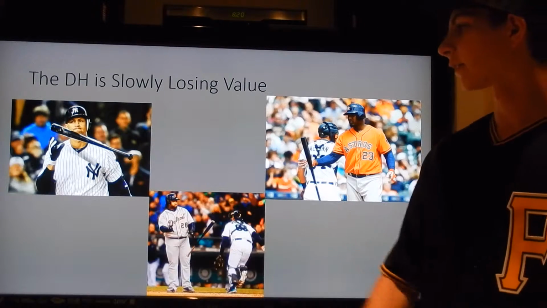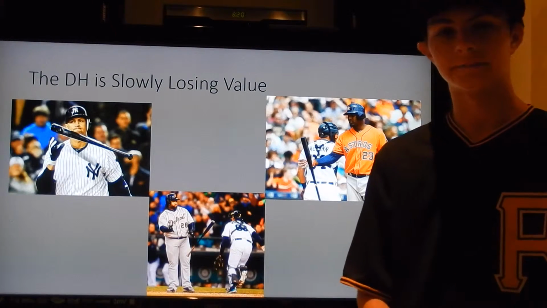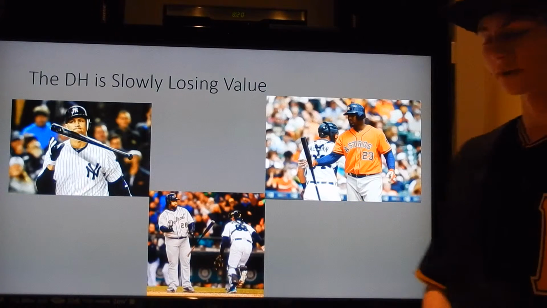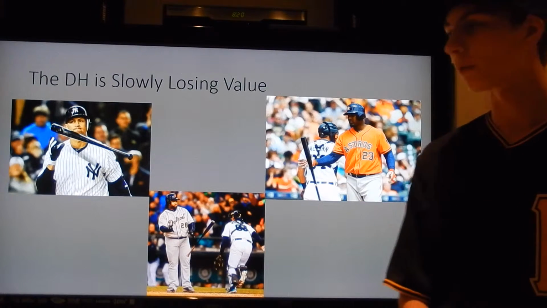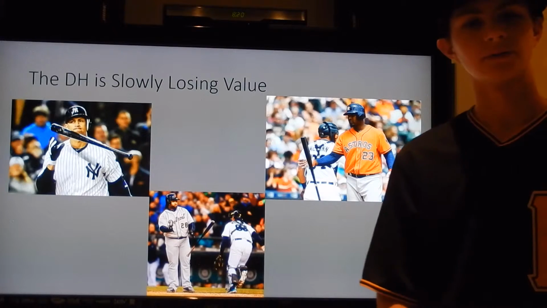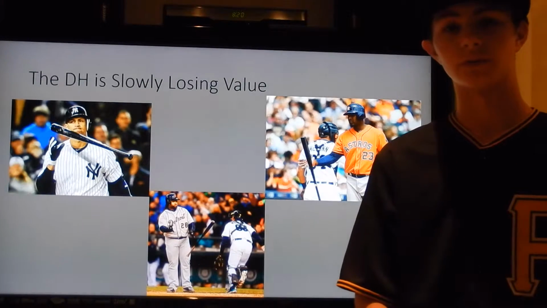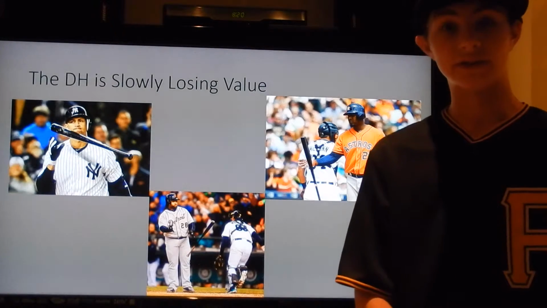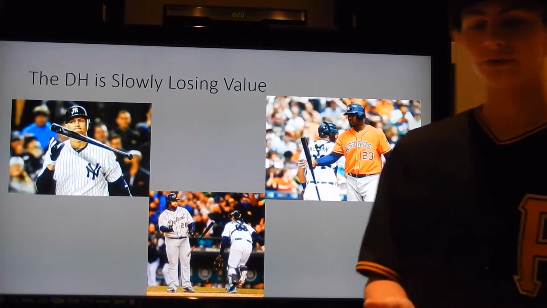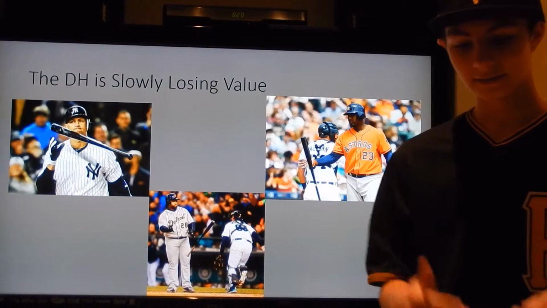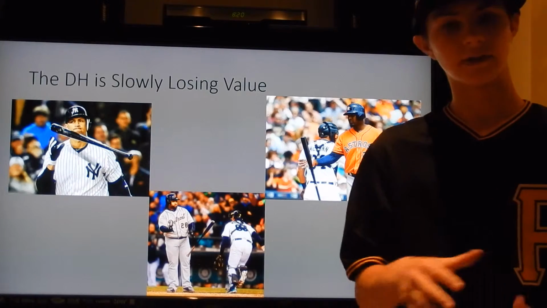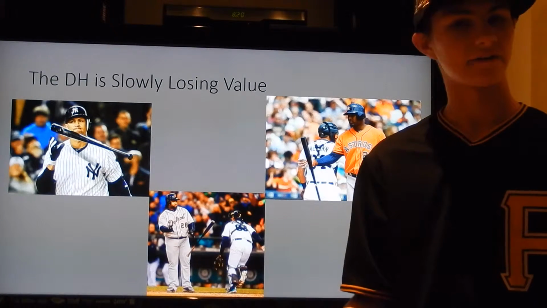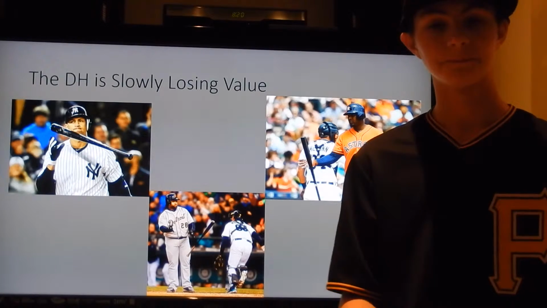Alex Rodriguez, obviously, he's been struggling. And then Chris Carter, he had also been playing in the National League team for a little while. But then when he went to the Astros, he was only batting around .200, which is just above what pitchers are batting. Now, the role of a DH, on the other hand, is usually to get on base and to use that spot in the lineup to take away from having a pitcher to have to hit there.